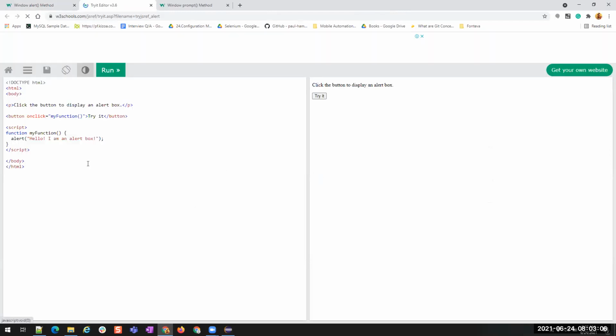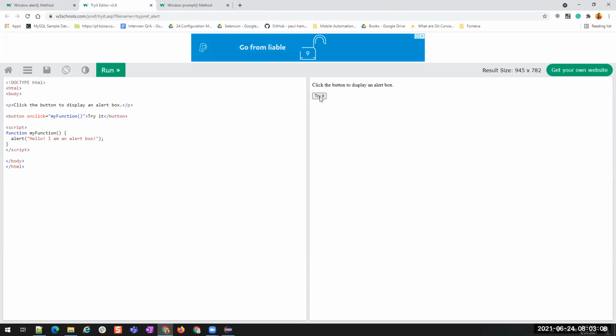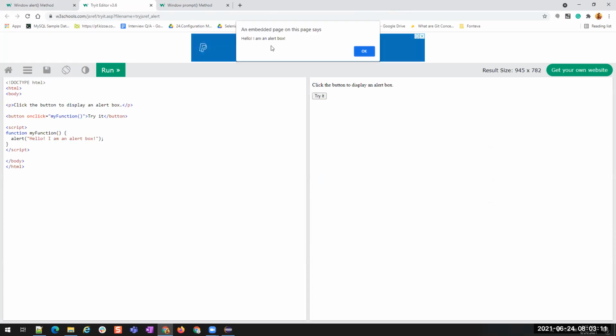This is the code that we have. When you click on this try it button, this is going to generate an alert. You see it? This is an alert. Okay.